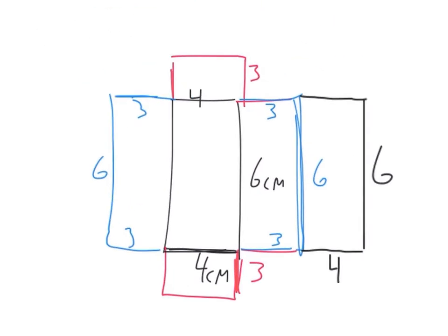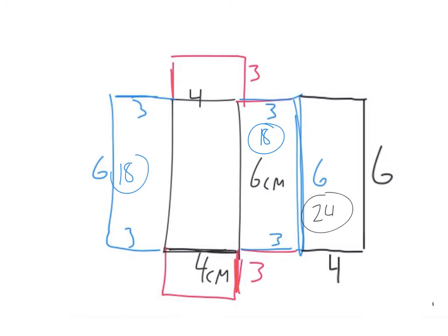So let's go here and calculate the surface area of this face. It's a 6 by 3, and it's a rectangle, so that's going to be 18. Because of crowding things, I'm not going to add the centimeters or centimeters squared to the end. I'll just kind of circle it. Okay, so 18 there. Well, guess what? We have another 3 by 6, and it's this one here. So what's its area? It's 18 as well. Okay, now this one here is a 6 by 4, and 6 times 4 is 24